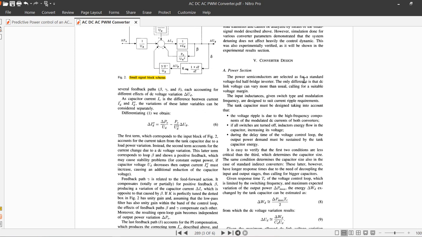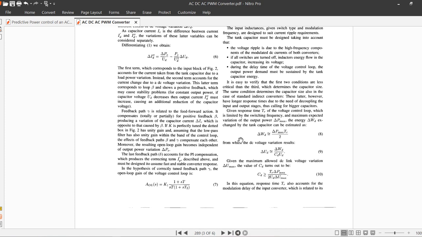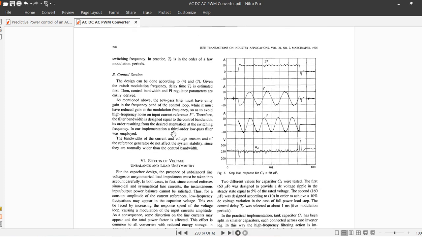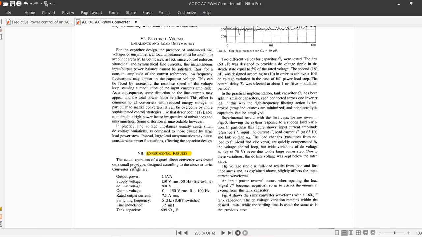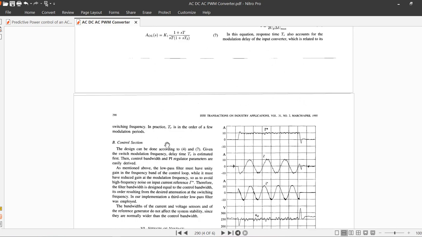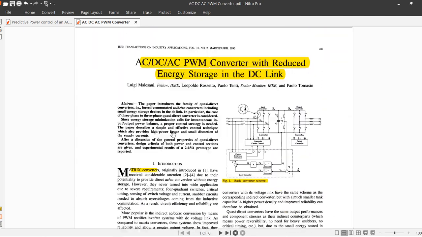The next one is the converter design. We have the power section, where the semiconductors are selected as standard voltage half-bridge inverters, and the control section. Finally, we have the experimental results, where the actual operation of the quasi-direct converter is tested on a small prototype designed according to the proposed criteria, with output power of 2 kilowatts, supply voltage, DC voltage, output voltage, output current, switching frequency, and so on. We can refer to this paper to see the overall basic converter scheme